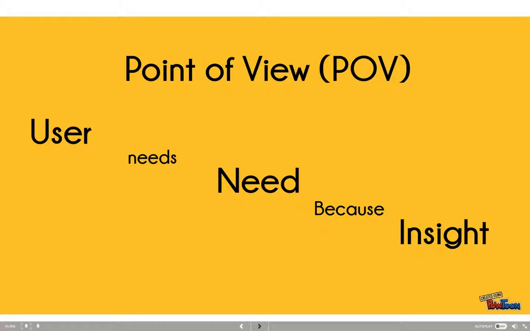Last but not least, we have our point of view that we need to adopt. So again, driving back into empathy, what does the end user need because of what insight that we found? So how might we give this end user this need because of what you've observed overall about their environment or their experience? IDEO suggests that we select 3 to 5 major questions or 3 to 5 major needs throughout our